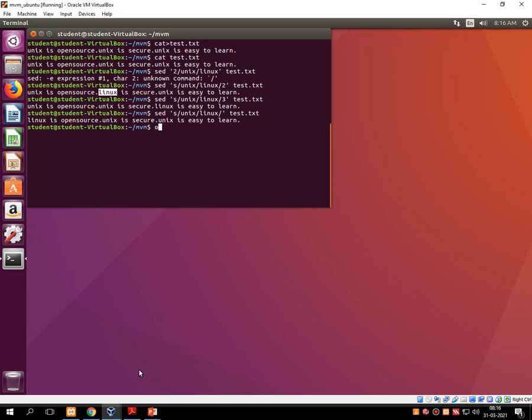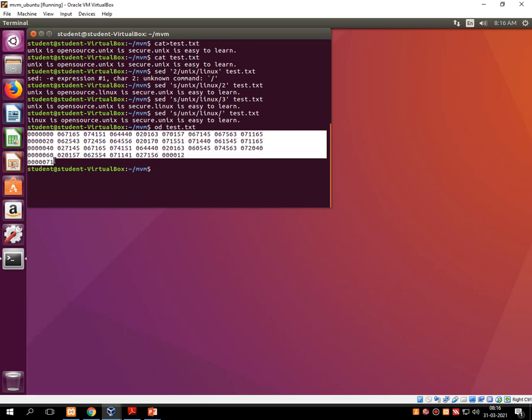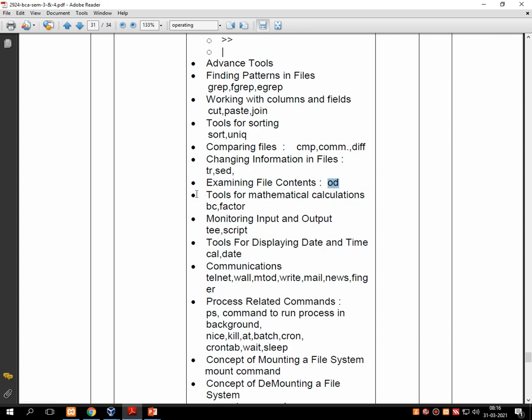So simple, just type od, then test.txt, press enter. Whatever information I have stored in test.txt is represented in octal format onto the screen. So that is the purpose of the od command.